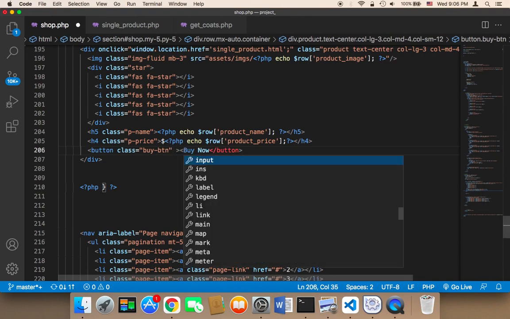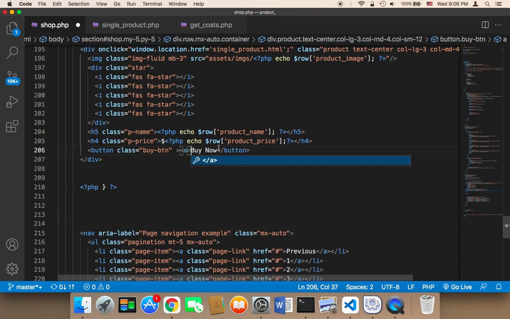It's better to say here a tag, and then surround this with a tag, and then this a tag will have href. I'm going to say href, and the href will take the user to single_product.php, and then we need to say question mark, and then